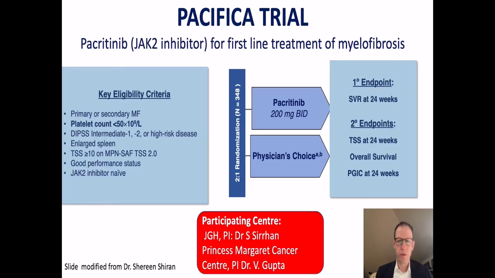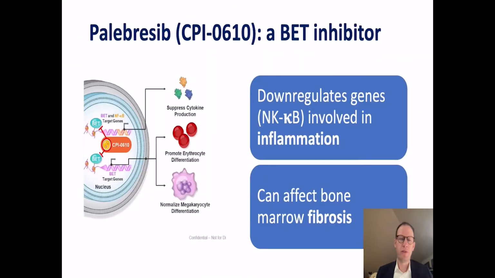Now, there are a number of other JAK1 and 2 inhibitors that are available at different sites, at least not in Ottawa, Toronto or Montreal that I know of, but there's definitely an interest in drugs that have very different mechanisms of action. The whole rationale of looking for drugs with different mechanisms of action is twofold. One is that you are not likely to have the same toxicity. In other words, you don't have the same side effects because the drug is just so different. The second is that you may have different benefits. In other words, it can do things differently and even potentially work in patients who have been resistant to the